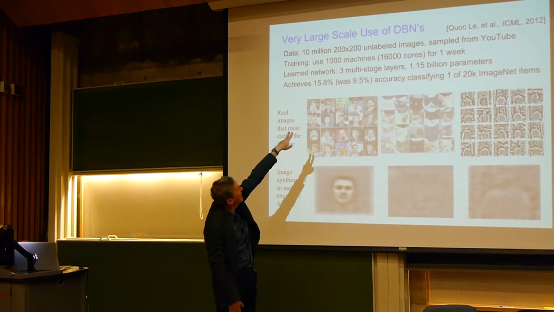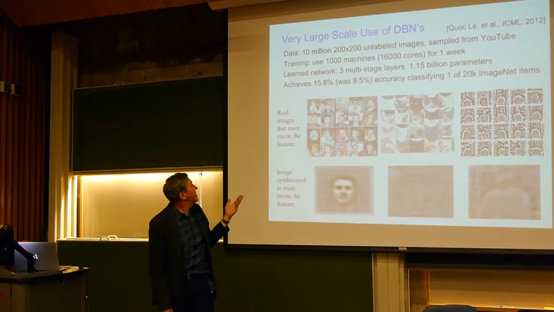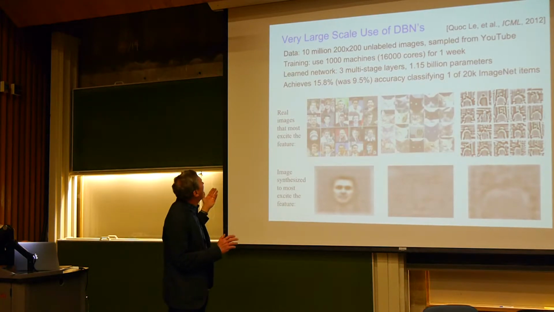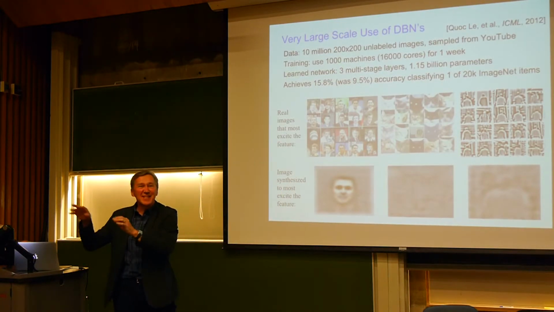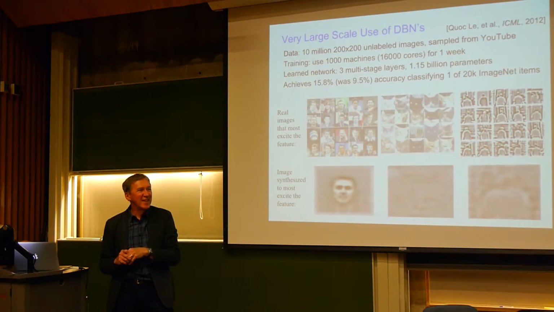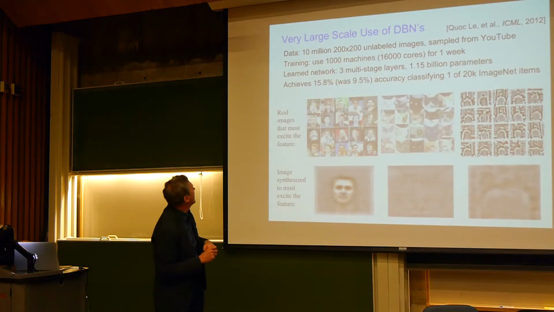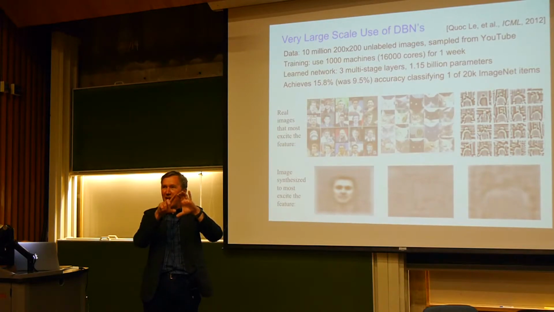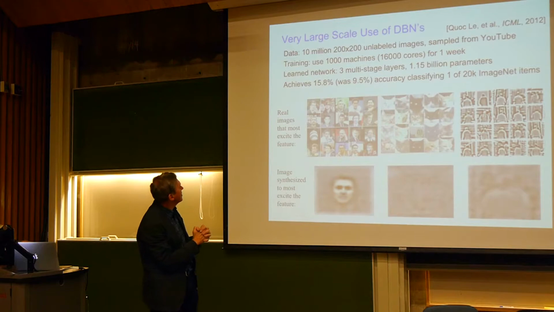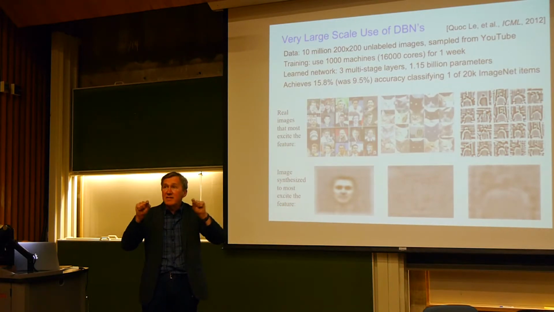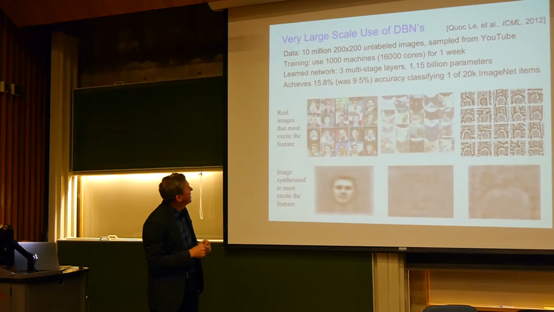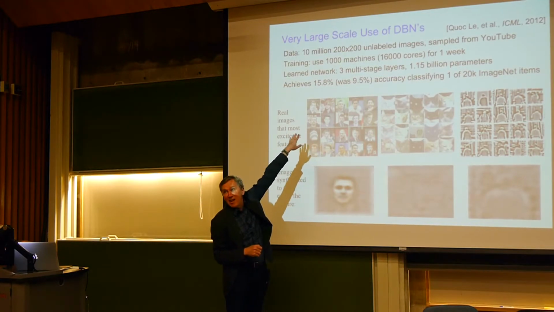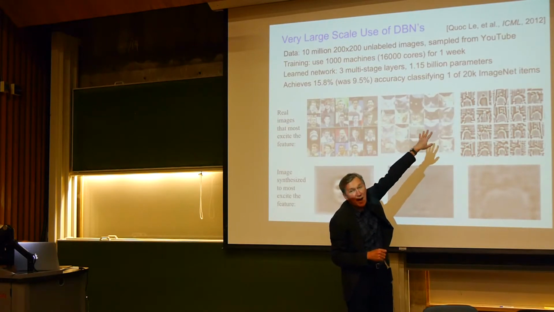It goes through, the training is very expensive. It took 1,000 machines and 16,000 cores per week. So we're not talking about running on my laptop anymore. And actually a big industry here on the side is figuring out how to use GPUs for speeding up the processing of this training. The network itself has 3 multi-stage layers. Each stage itself is a 3-layer network with a particular specialized architecture. Over 1 billion weights, parameters trained in the network overall. And it dramatically increased the state-of-the-art results for classification accuracy in 1 out of 20,000